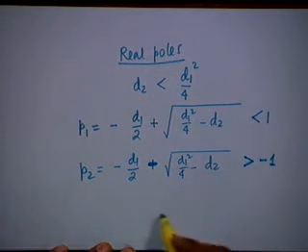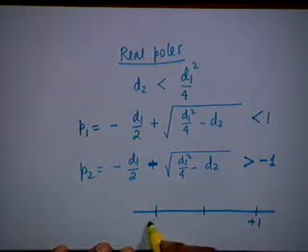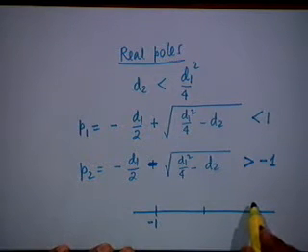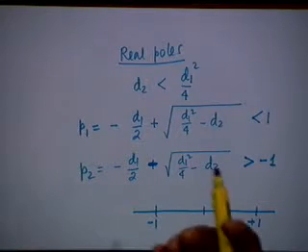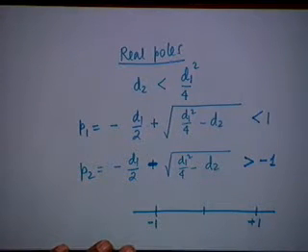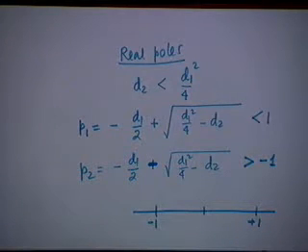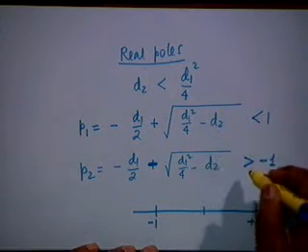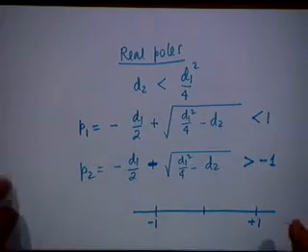Is that clear? In other words, P1 and P2 should be confined within this region. One can be positive, one can be negative, both can be negative, both can be positive, all right, but they must be within this part of the real line. And if we satisfy these two, that is P1 less than 1 and P2 greater than minus 1, then our job is done. Agreed? So, let us see what these conditions lead to.